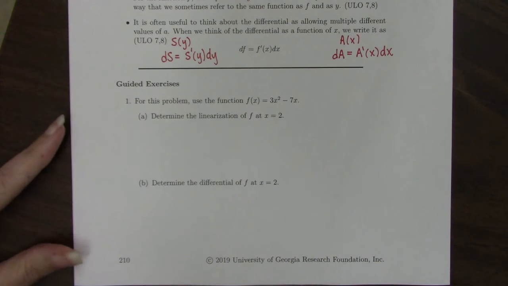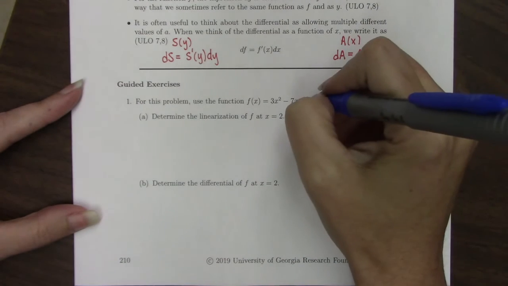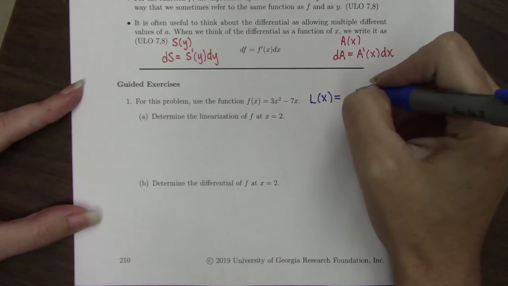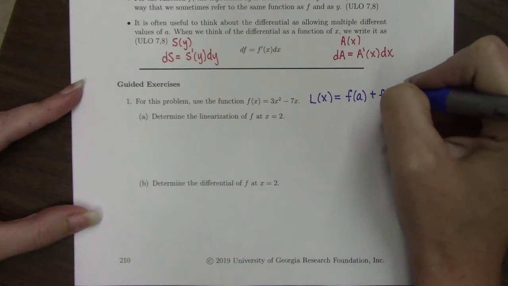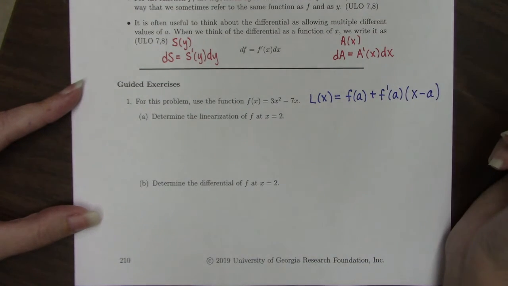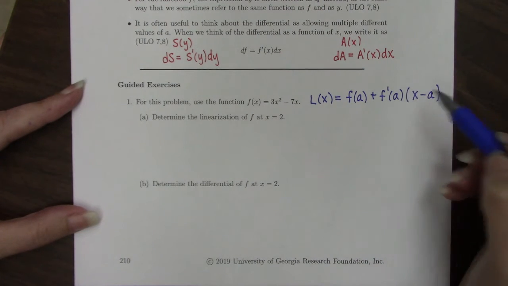For problem 1, we're going to use the function f of x equals 3x squared minus 7x. And problem part A says determine the linearization of f at x equals 2. So the linearization general formula is L of x equals f of a plus f prime of a times x minus a. So I need to figure out what f of a is, f prime of a, and